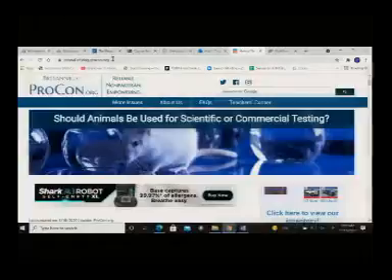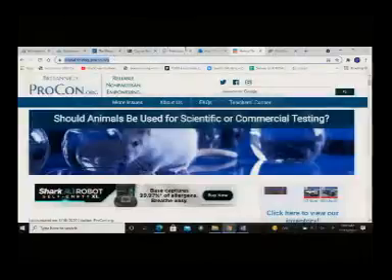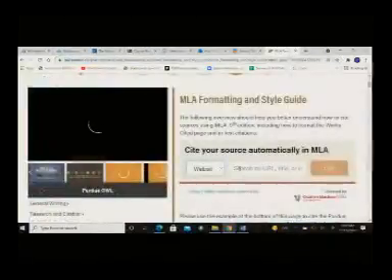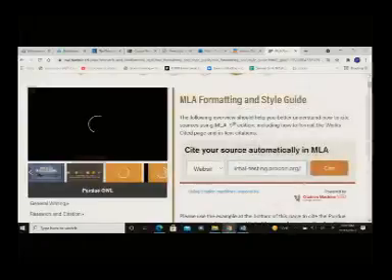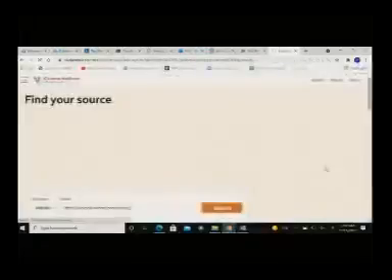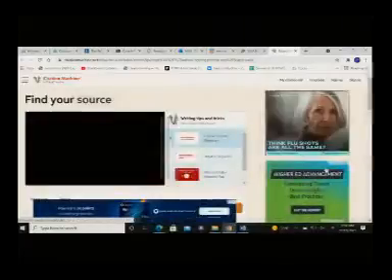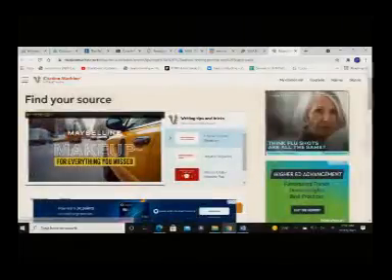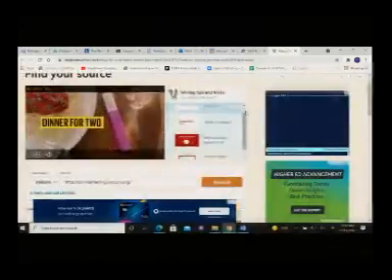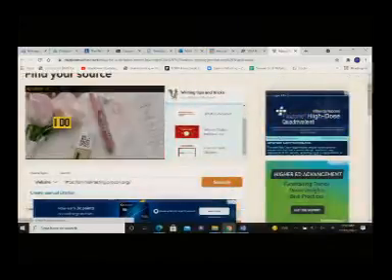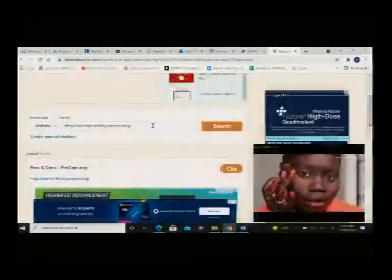So I'm going to come back over here to animal testing, and I'm going to copy the URL. And I'm going to load that URL in here. And then I click cite. And I've had to turn my volume off because a lot of these ads have music and stuff on them, so I've turned that off. So they've got all this stuff in here, but I have to go down. As I scroll down, and I may make a video on this later on, maybe tomorrow,